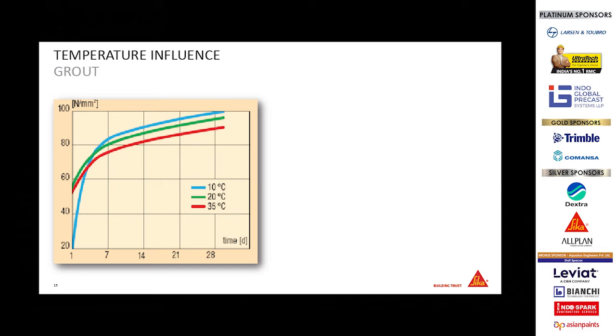The second one is 20 degree, where we can say the initial, even 20 degree or 30 degree, the initial performance is high, like 1 day or 3 day performance is high, but at a later stage, 28 days, the compressive strength is relatively low. So this is a very important aspect, that the temperature part should be taken care of when the curing is done